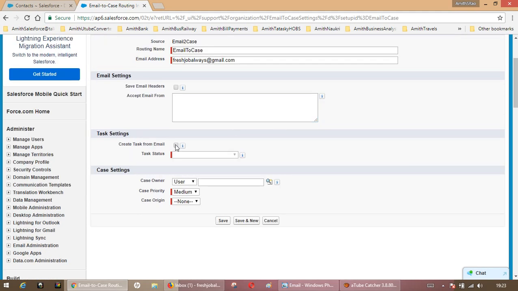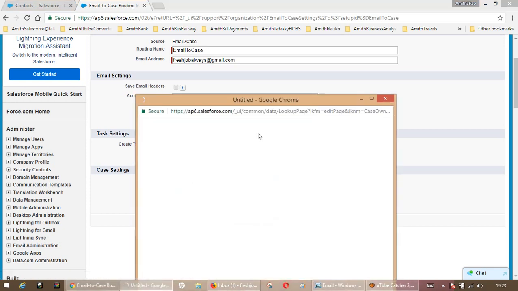So this is creating a task automatically for the person whom I'm assigning here. Task status, in progress, let me put it on. This task is automatically created when the email goes into the case object of Salesforce. Now the case owner is a user. I have allotted a user and queue. You can use a queue also, but I have not created any queue. But for the user, I'm going to allot it to